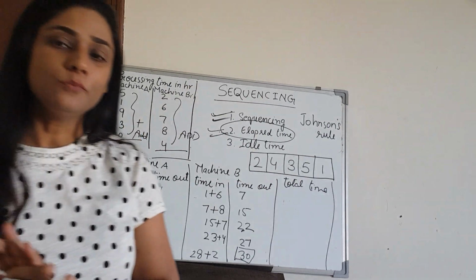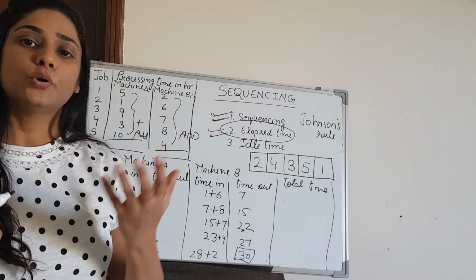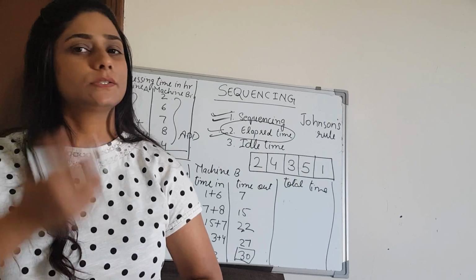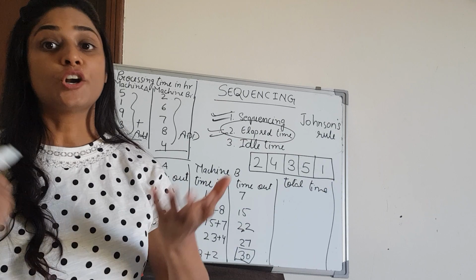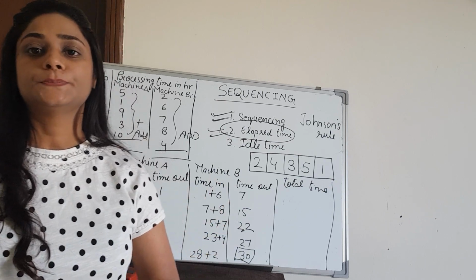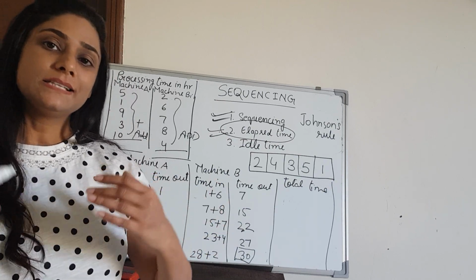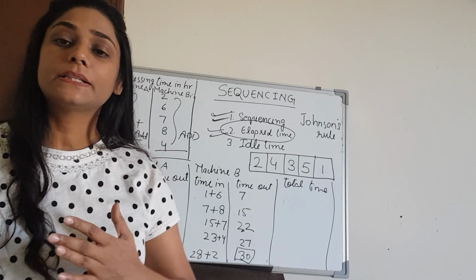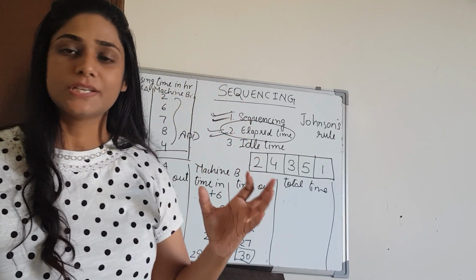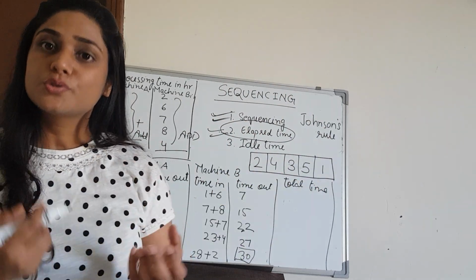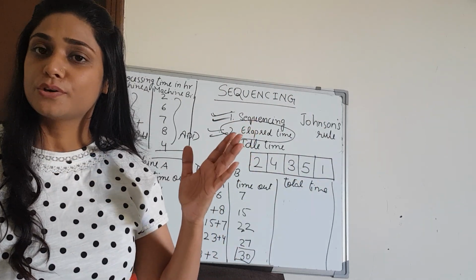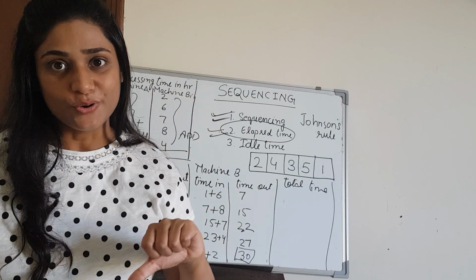And yeah, one thing more, I have uploaded many videos on Vogel's approximation method, matrix minima method, northwest corner rule, and simplex method. But in every method, there are variations in the questions. There are different types of questions in the method. So if you want to check those types of questions also, just comment below.